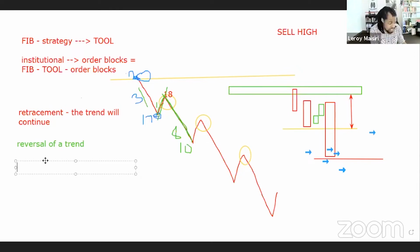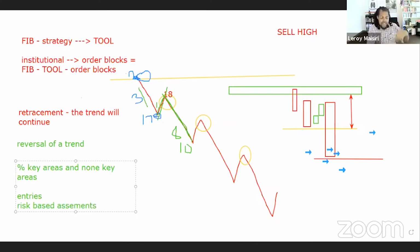And those percentages represent key areas, right? And non-key areas, okay? Non-key areas. And I hope you will one day learn to use the fib for two things. Number one, entries, naturally. But number two, also risk-based assessments. And then number three, unfortunately, is not part of tonight's class because I have to walk you through order